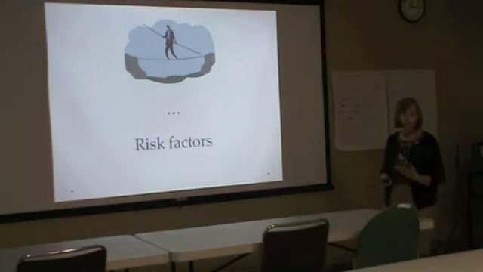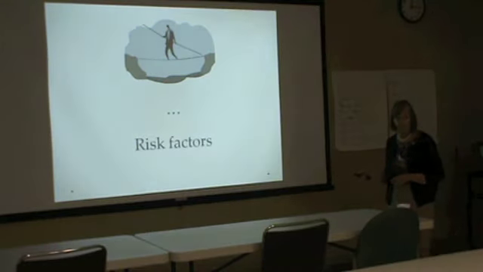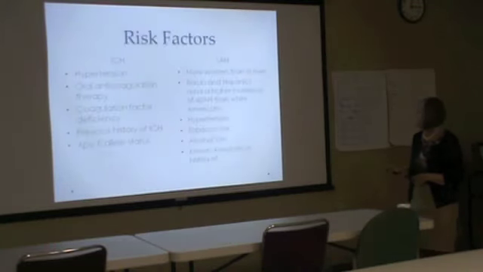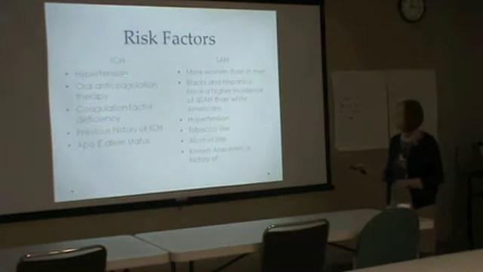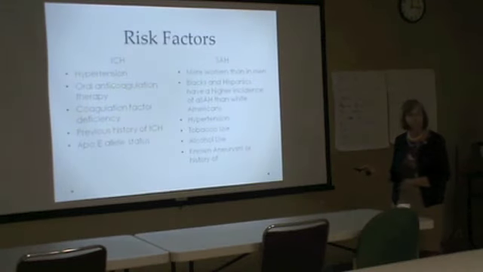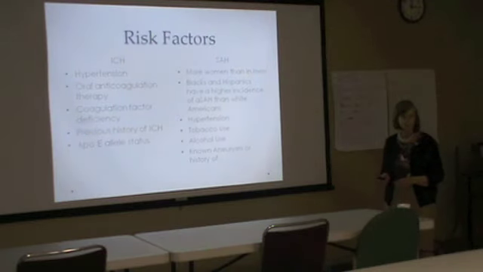When we're looking at hemorrhage, we want to take a look at what the risk factors are. And so I put intracerebral hemorrhage on this side, subarachnoid here. Obviously in intracerebral hemorrhage, hypertension is number 1, if they're already on an anticoagulant, if they have a factor defect, or if they've had a previous history, they have a higher risk. And they are starting to look at this ApoE allele status, and we'll talk a little bit later about that. They are finding some correlation. It's not to the point that we're screening everybody, but I would watch this area pretty close because I think